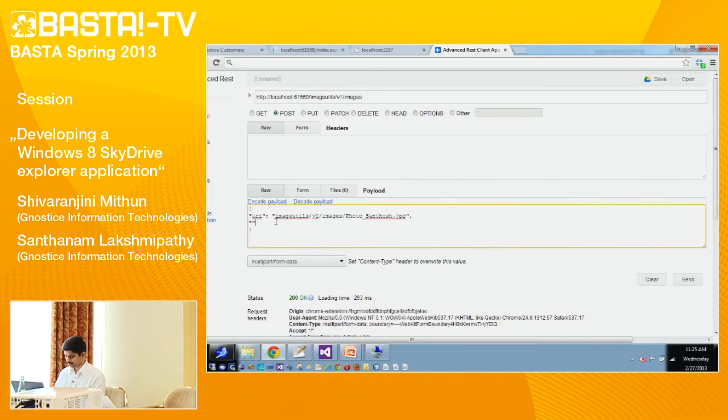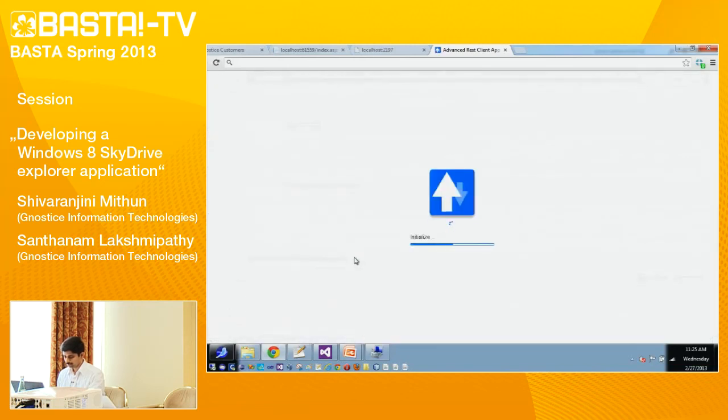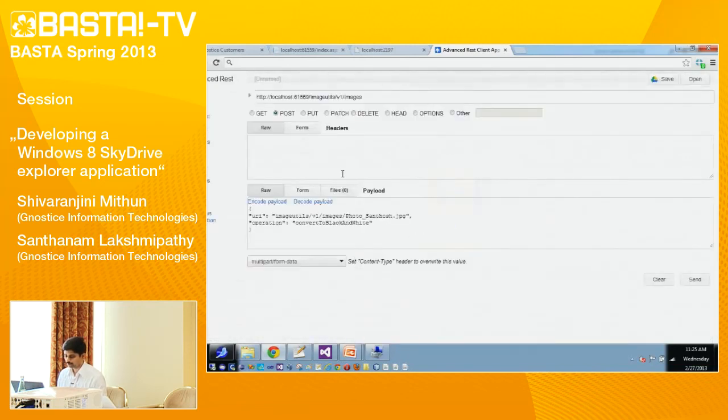We will specify the operation that needs to be done on this image resource. There is some error, so we'll refresh this. We have to send this request with application/JSON as the content type.